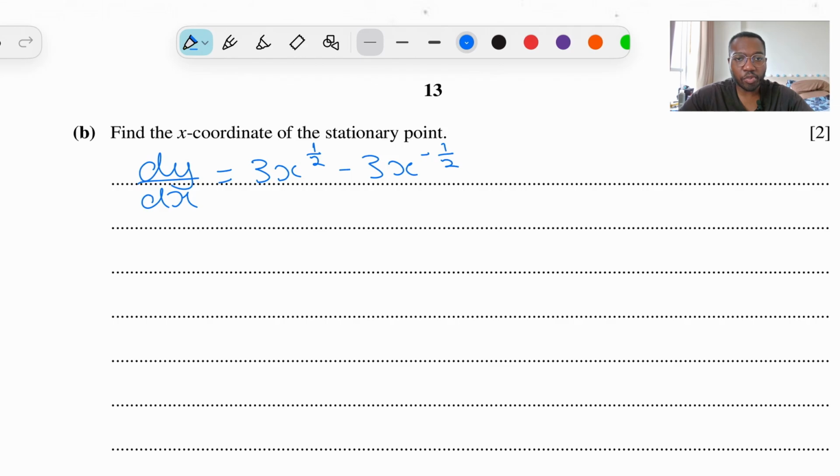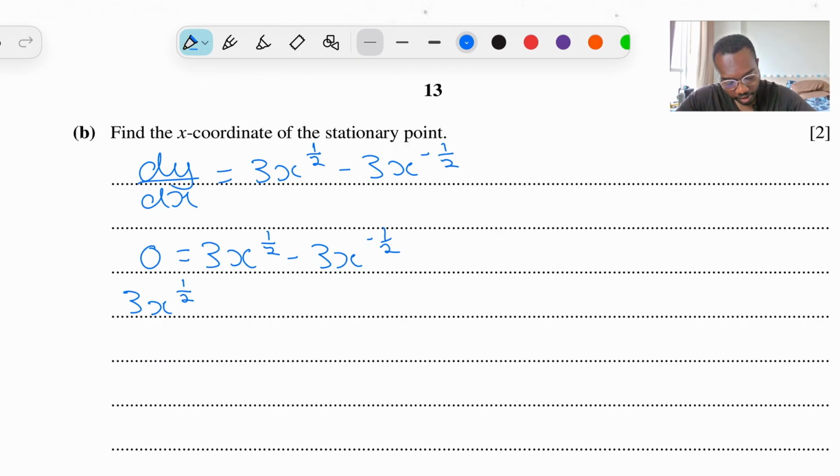And we know to find the stationary point, we need to make dy over dx equal to 0. So that's what I'm going to do here. So we have 0 is equal to 3x to the half minus 3x to the minus half. Okay, I'm going to bring that 3x to the minus half over to the other side, so we get 3x to the half